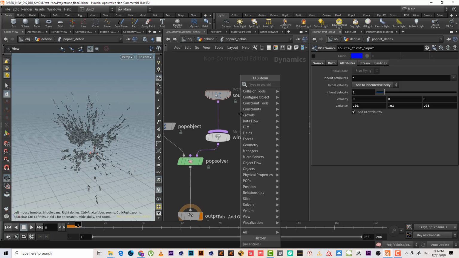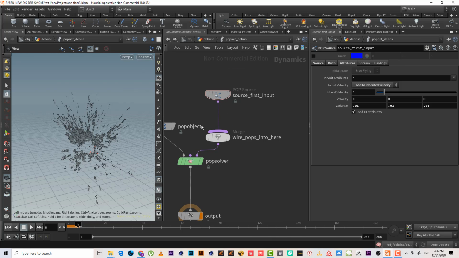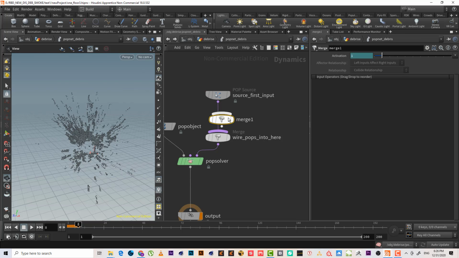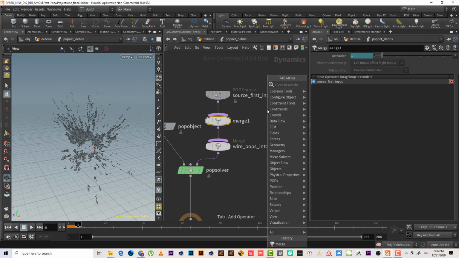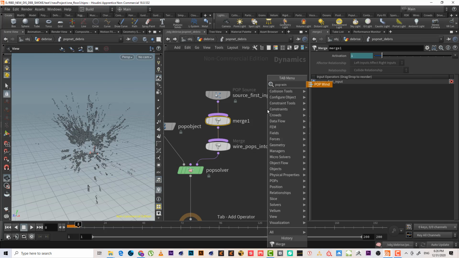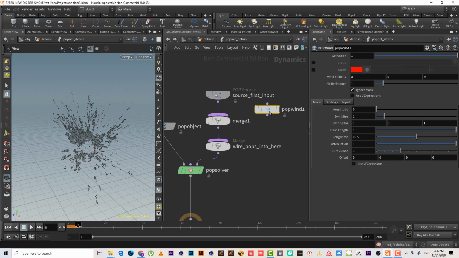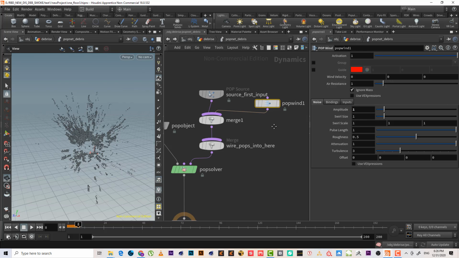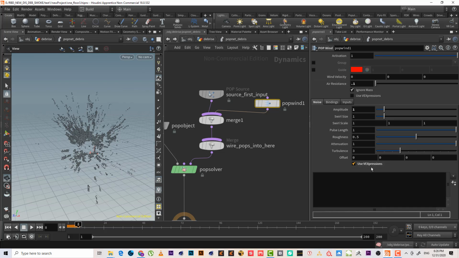And also let's add a merge. Let's add a pop wind like this. Maybe we can put one. Of course I had to add air resistance. Yeah, maybe I'll make the air resistance 0.1, and also let's add